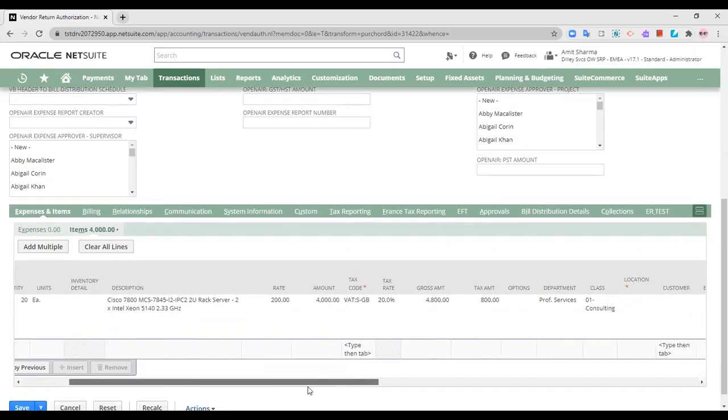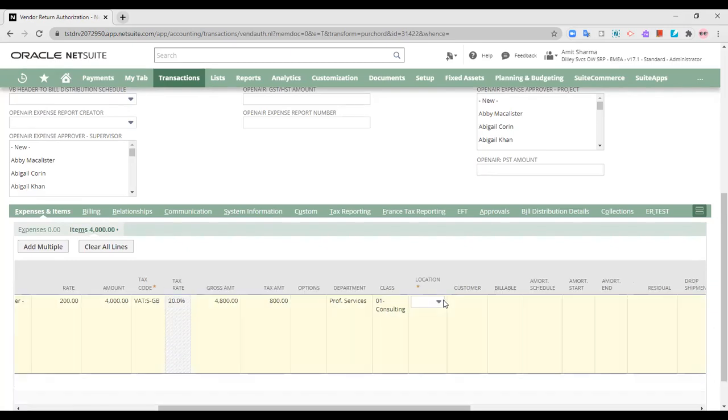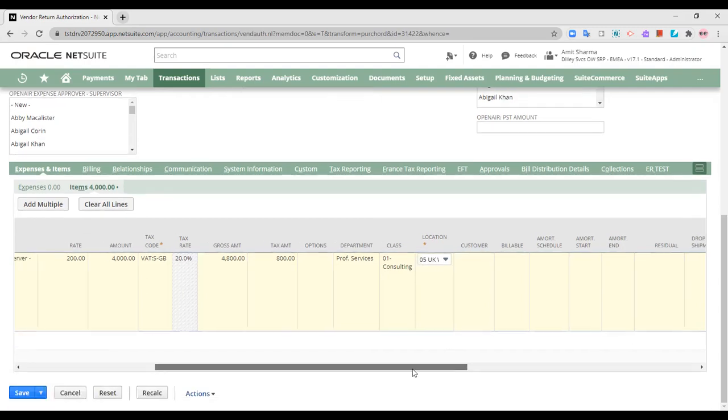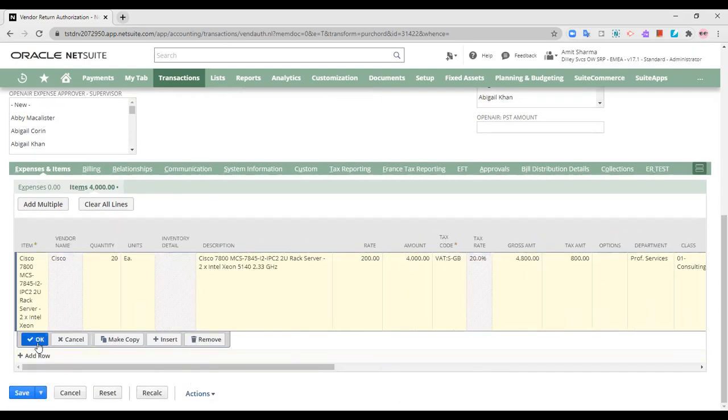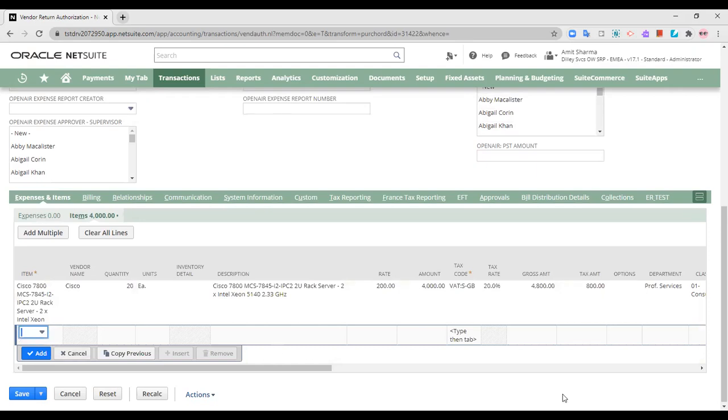One thing you will have to check is the location. You have to populate the location from which warehouse the return will be authorized or done.